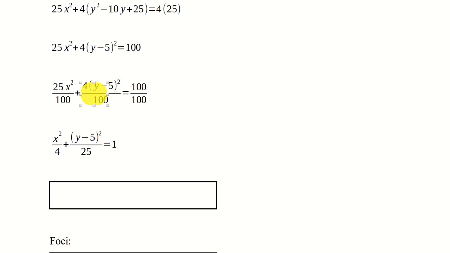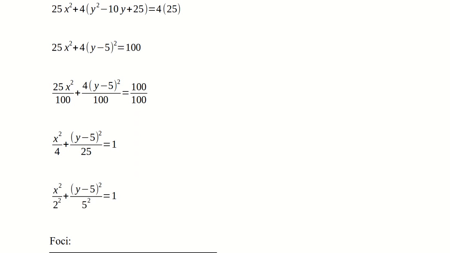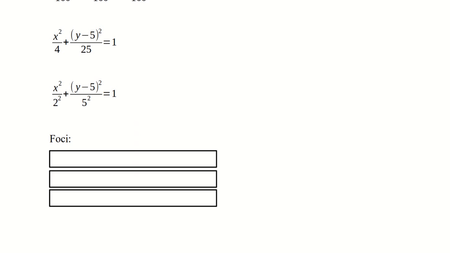So we've now got it in standard form. We can see that h is 0, k is 5, a is 2, and b is 5. So that tells us all sorts of good information, especially if we factor those denominators so you can see a and b literally. Now here, b is bigger than a,